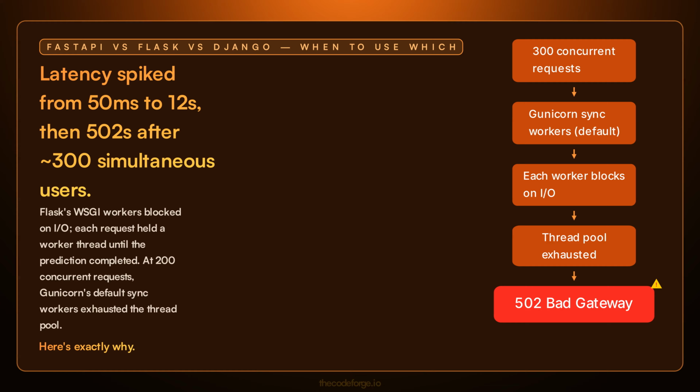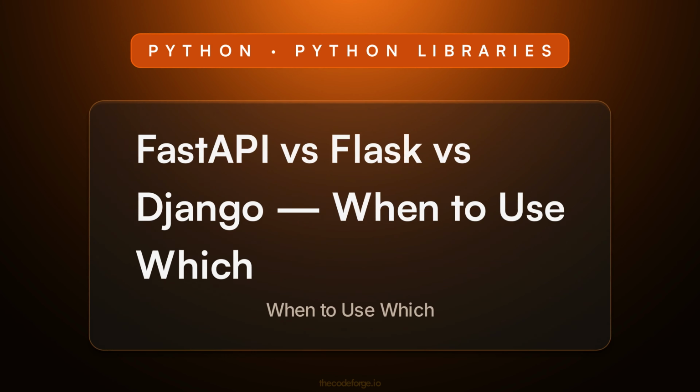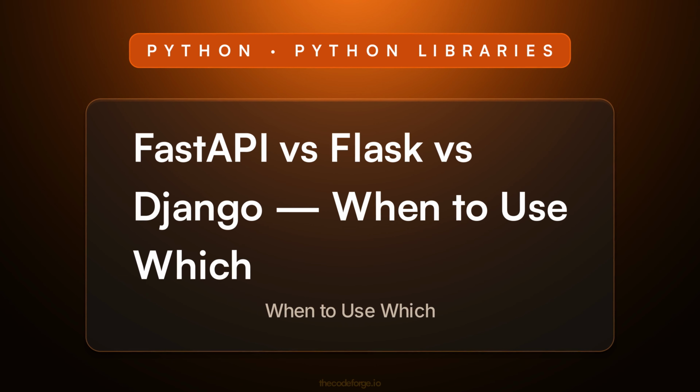Latency spiked from 50 ms to 12 seconds, then 502s after just 300 users. The culprit: Flask sync workers blocking on I/O. Let's break down FastAPI versus Flask versus Django, when to use which, how it works, and the exact mistake behind